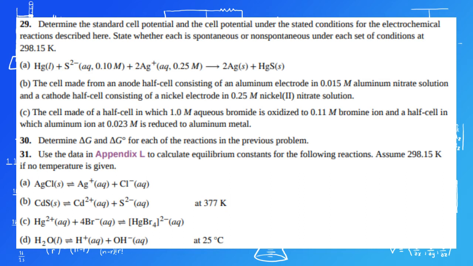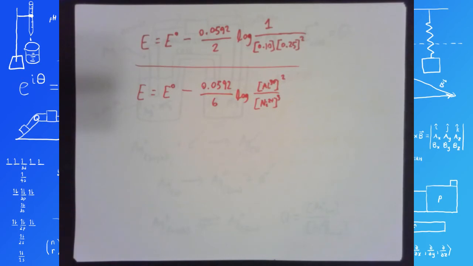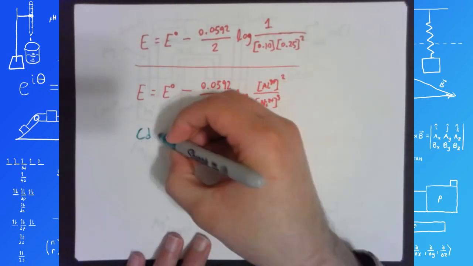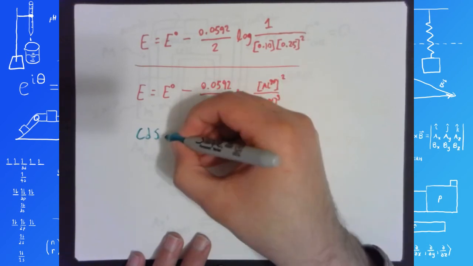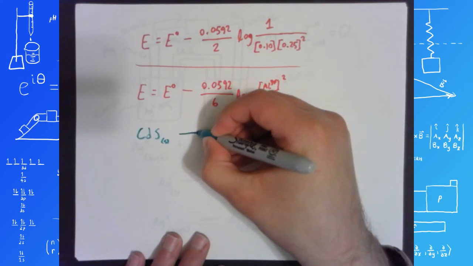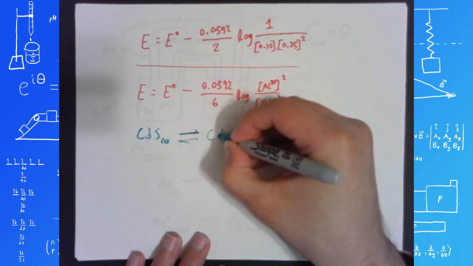So let's do part B. Solid cadmium sulfide dissociating into cadmium ion and sulfide ion. Okay, solid cadmium sulfide dissociating into cadmium ion